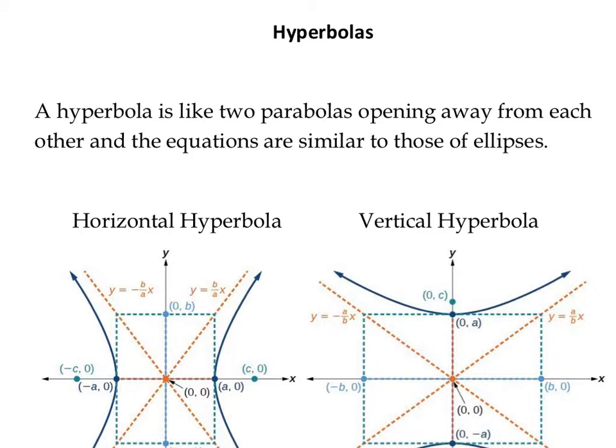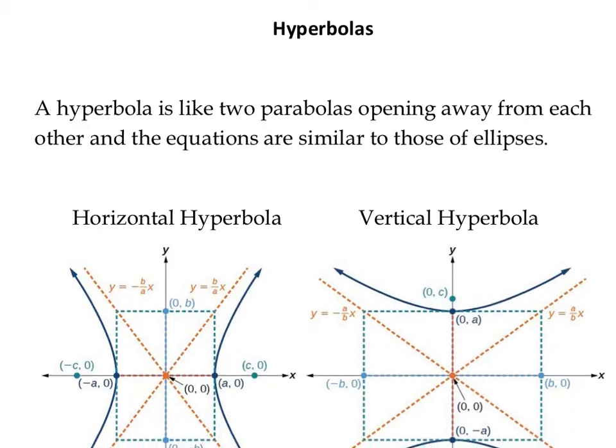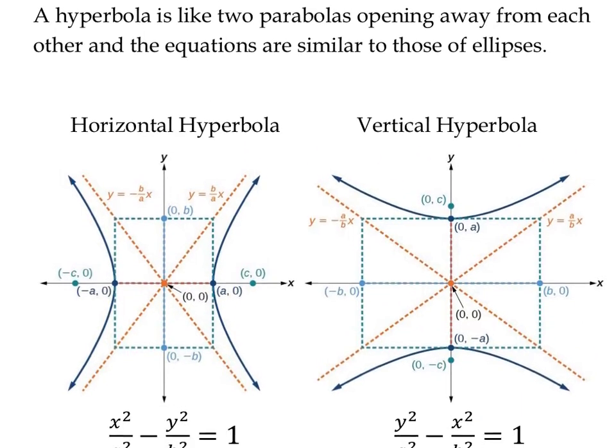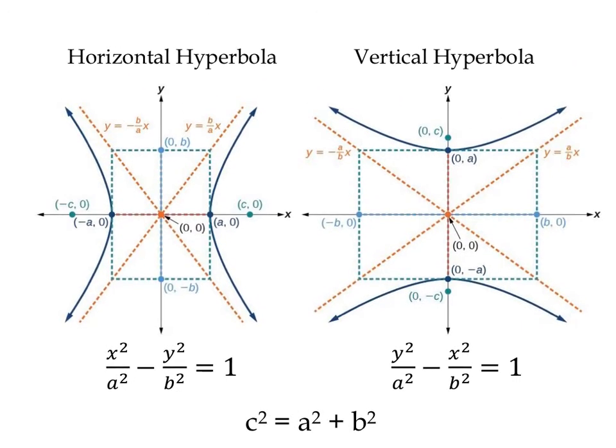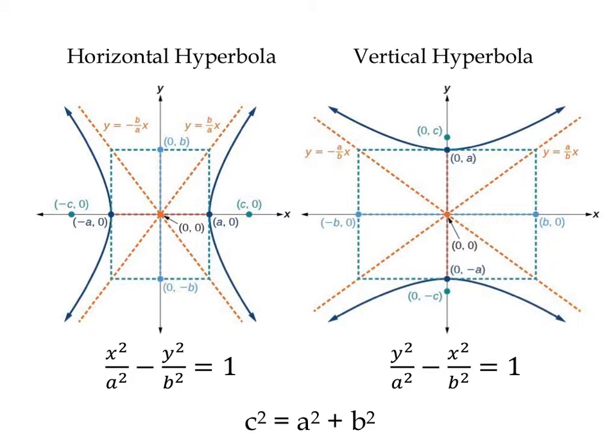In this lesson, we're going to look at hyperbolas. Hyperbolas are like two parabolas that open away from each other, as we'll see in these examples. And we're going to notice their equations are similar to ellipses, but they are different. We want to make sure we know those distinctions and differences as well. So here we see a couple examples of hyperbolas, ones that open horizontally, left and right, and then vertically, up